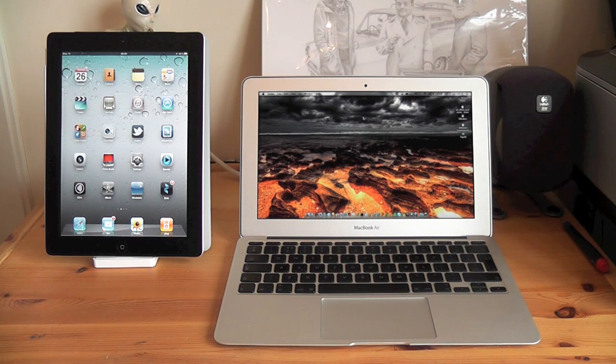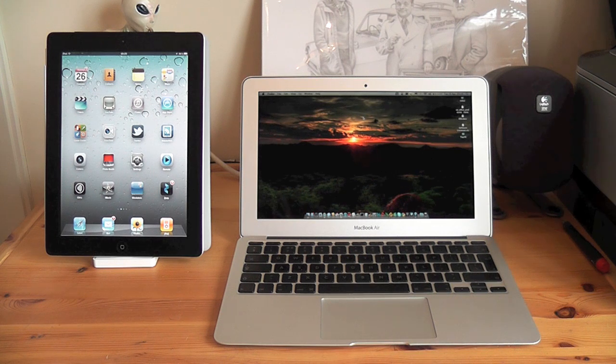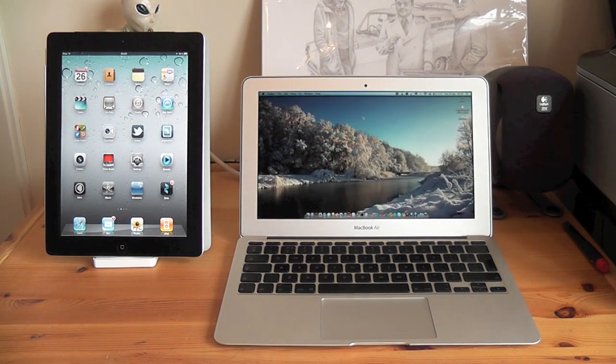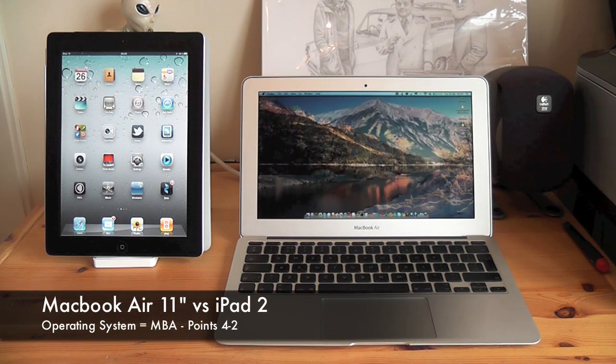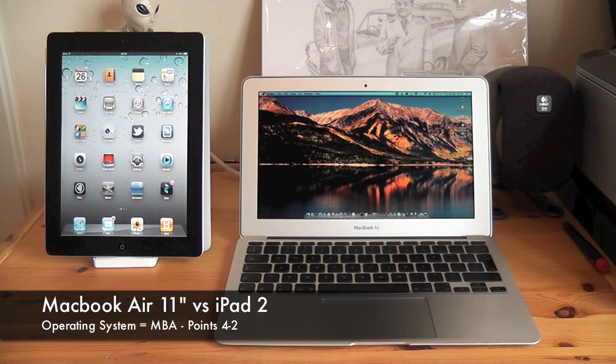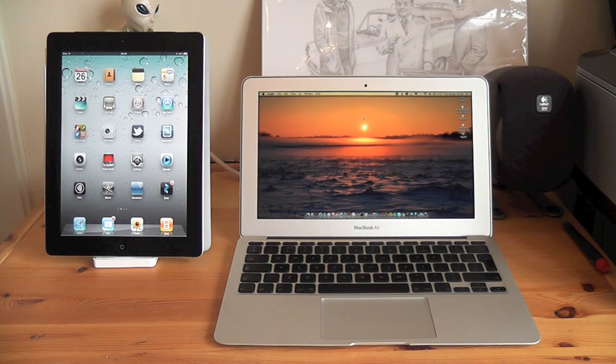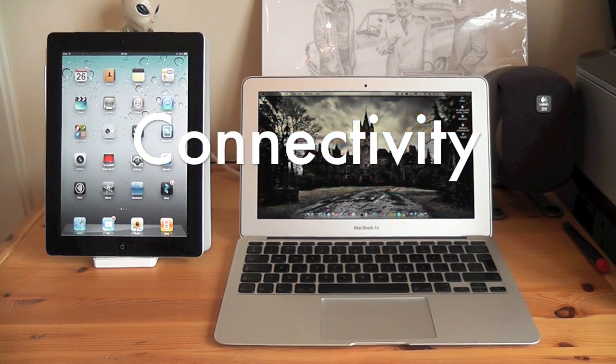So it's kind of a draw, but I definitely think that the sophistication and the advanced operating system that Mac OS X has definitely got to give it the edge over iOS. So I'm going to give this one to the MacBook Air as well. So the score at the moment is 4-2, and the next round is